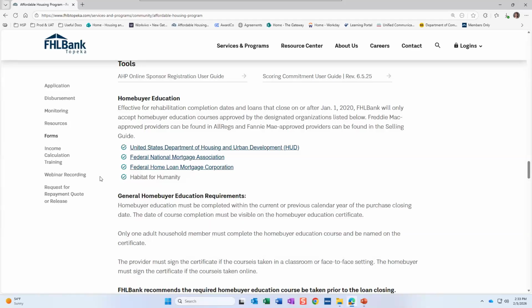You can change the organization or use a couple different organizations if you want to for homebuyer education, but any homebuyer education provider that you do utilize needs to be certified by one of the providers that's listed right here. There are links to the websites for each of these providers, so feel free to grab those, look up your organization that you're wanting to utilize, and see if they qualify for our program and the uses or to meet the scoring requirements of our program.